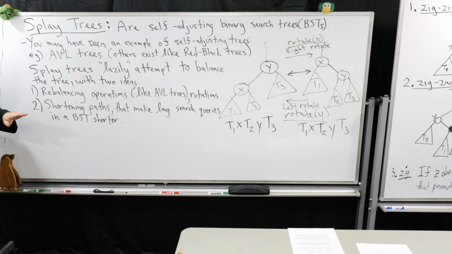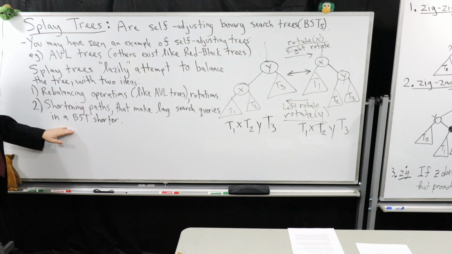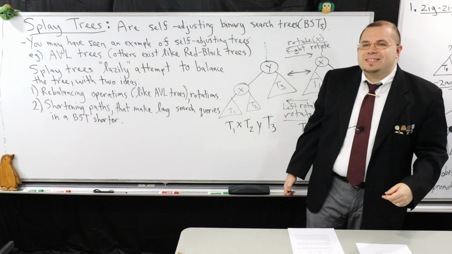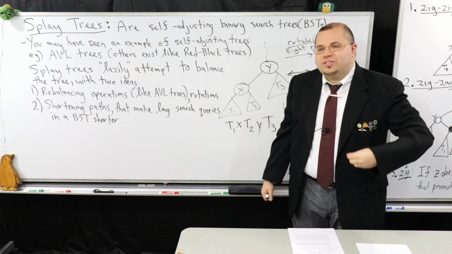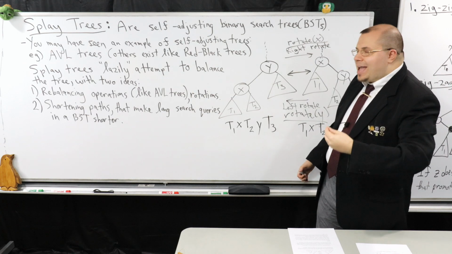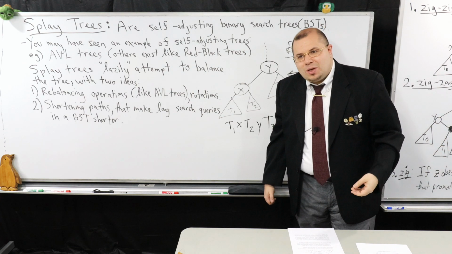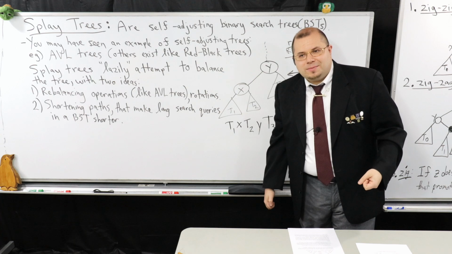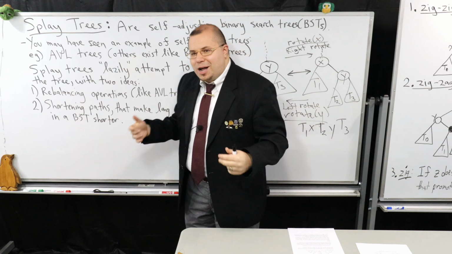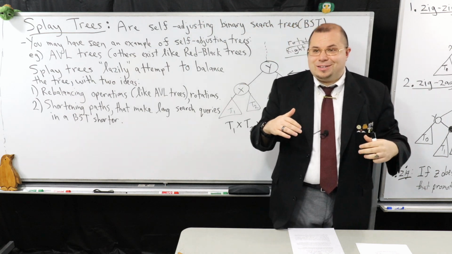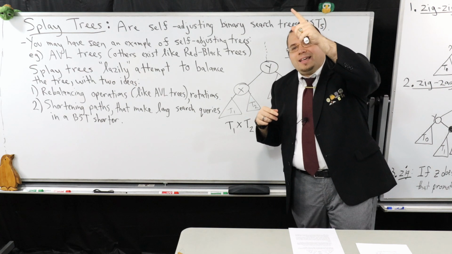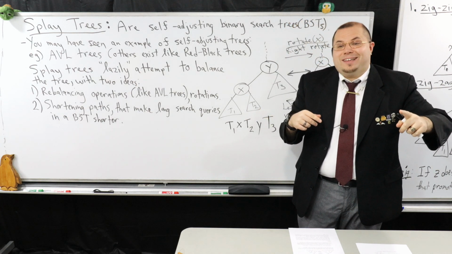So I want to ask you a fundamental question. Why is it that a binary search tree performs slowly? If I do a search, why does it perform slowly? Just think of any binary search tree. Why does it perform slowly? Does anybody have any ideas? Everything is on one side. That's a good answer. That's an example of when the binary search tree gets in its worst possible form,